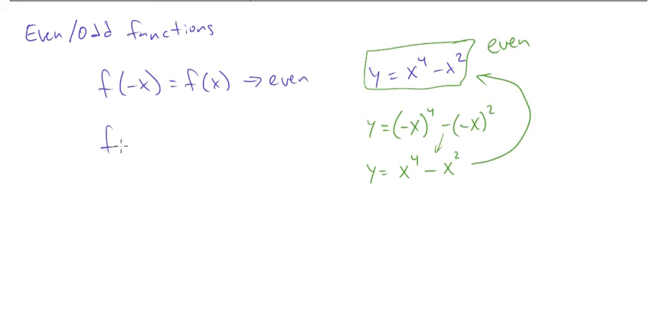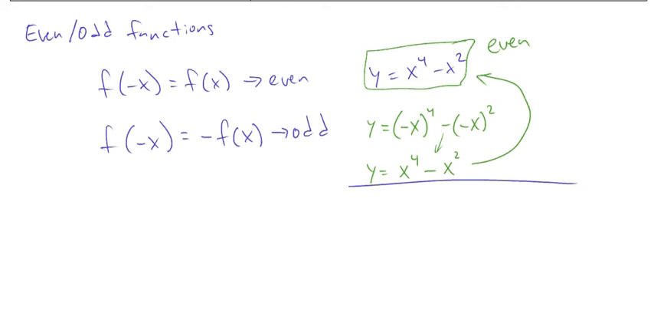For a function to be odd, f of negative x will give us the output of negative f of x. This will give us an odd function. And let's take a look at that one here. If we have, for example, y equals x cubed minus x, and we substitute in those negative x values, then we're going to end up with y equals negative x cubed minus negative x,